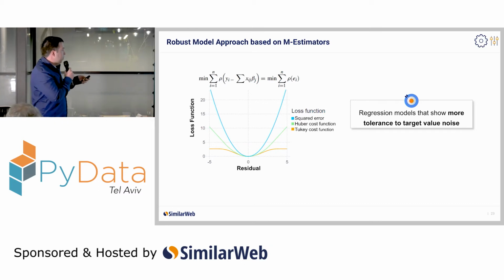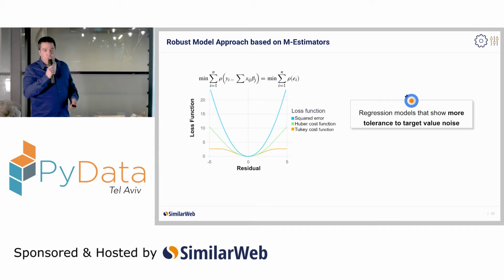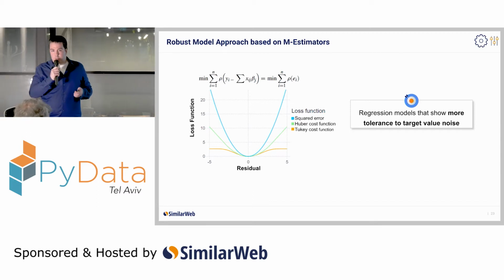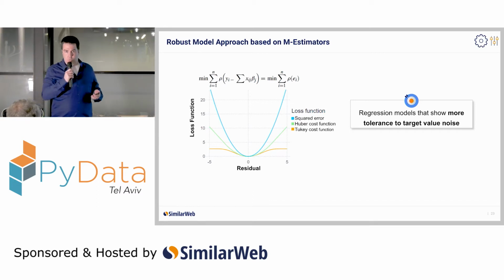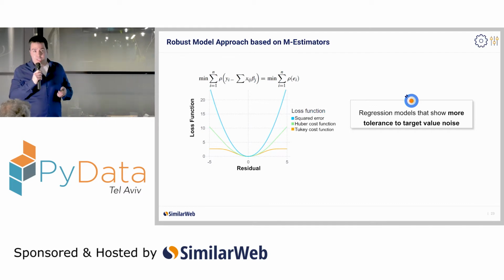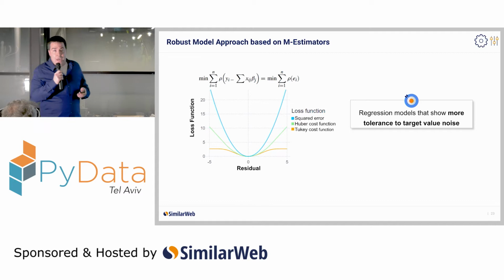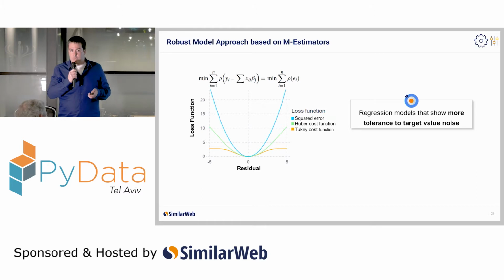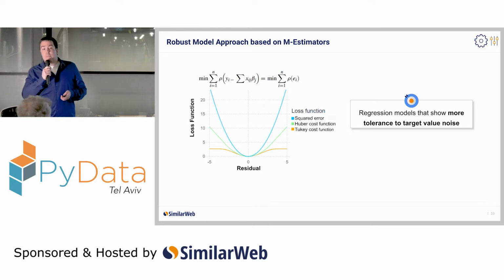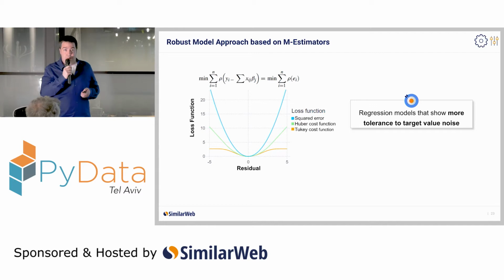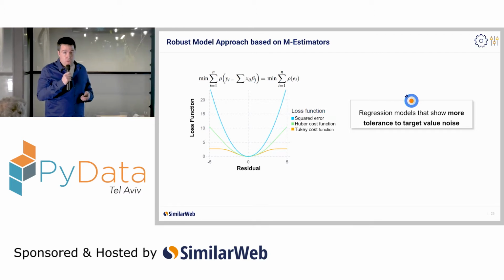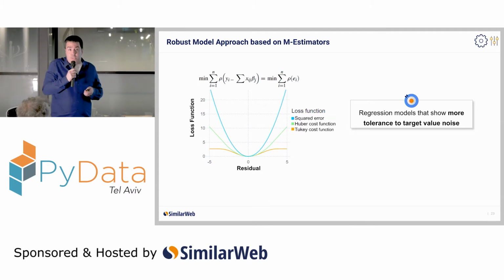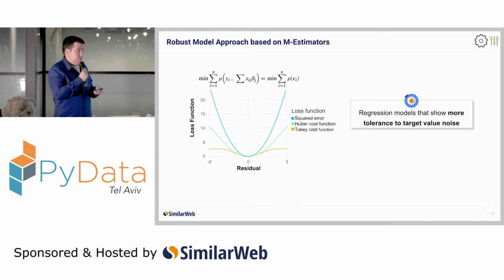You can understand how they work using this simple example, in which you see the loss functions of 3 different regressors. Two are robust regressors, Huber and Tukey, compared to the well-known least squares regressor. As you see, the loss function increases less rapidly as a function of the residual in comparison to the loss function of the least squares regressor. And as such, the minimization process will be less affected by instances with high residuals, meaning the training will be more tolerant to instances possibly contaminated by target value noise.